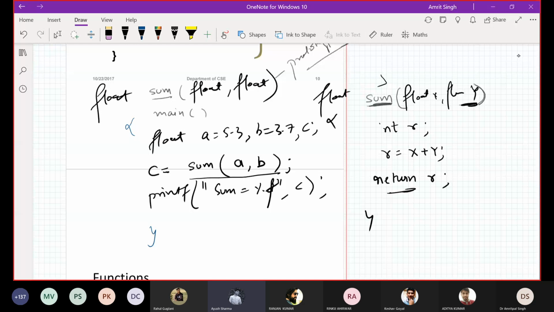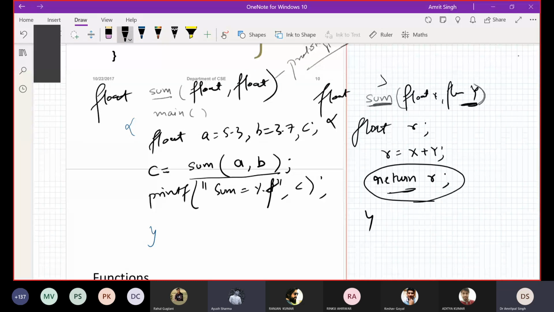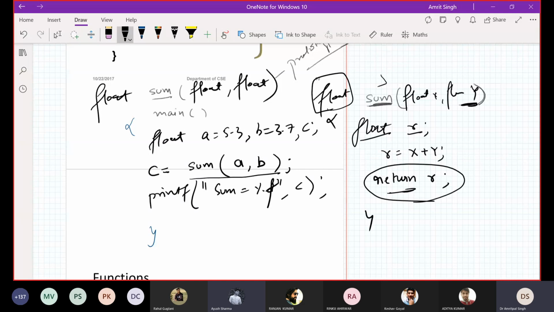Sir, we will have to take the return type as float also for the function, float sum. Yes sir, it will also be float, we can't take int. It should match with the return type. Sir, can we make the return type int here with float inside? We can change these things, but your compiler will perform implicit typecasting.